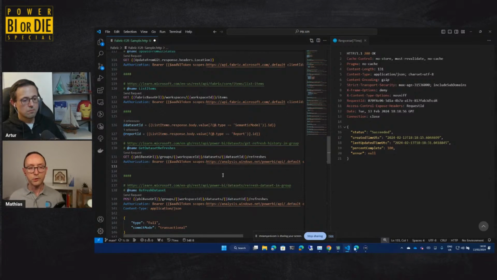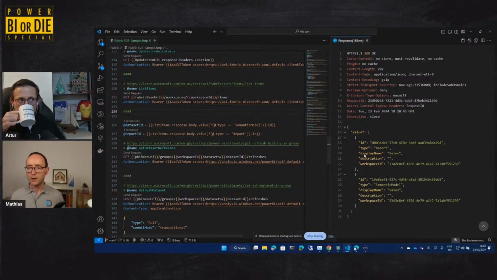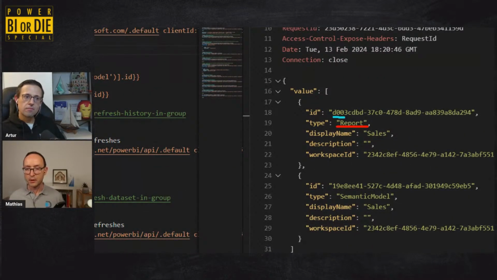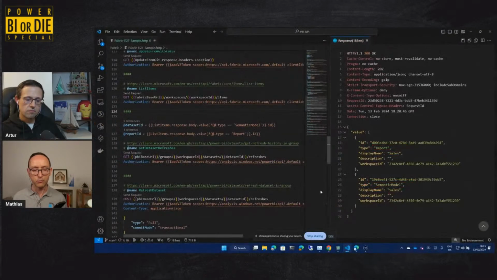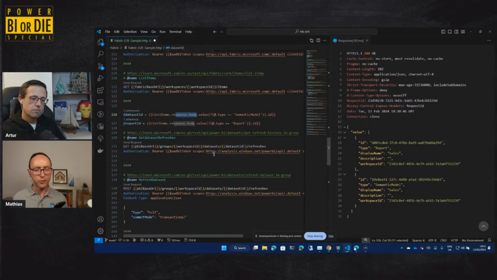So for this one, I'm using the Fabric items API. List items gives me a listing of everything that's in my workspace. We have a report with that particular ID and this particular name. We have a semantic model with ID and name. So there we go. Those are the two items which were created just now from what I've got in my Git repository. And so in order to run an API-triggered refresh, I need to access this particular ID. I do this in the same way as before by extracting it from my response body so that now I can actually do an API call